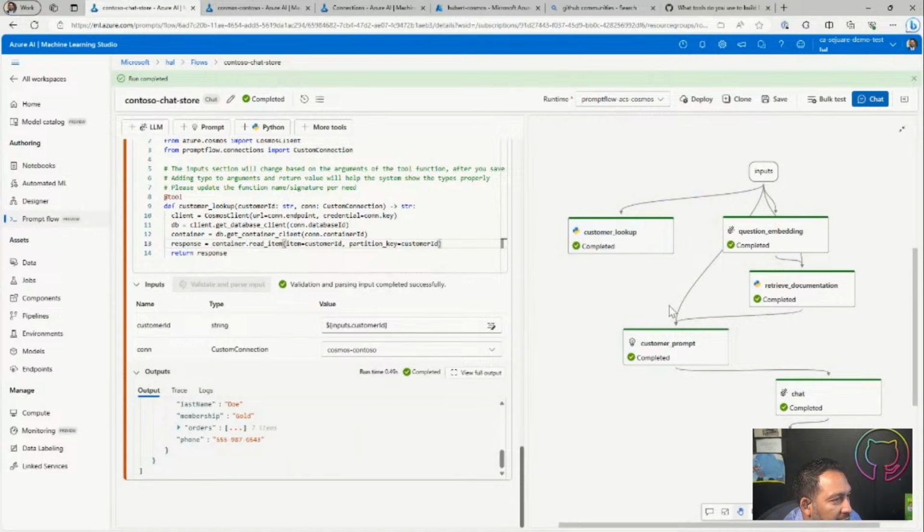Now we want to put this stuff into this prompt. Customer lookup. So let's do this. Let's take a look at the